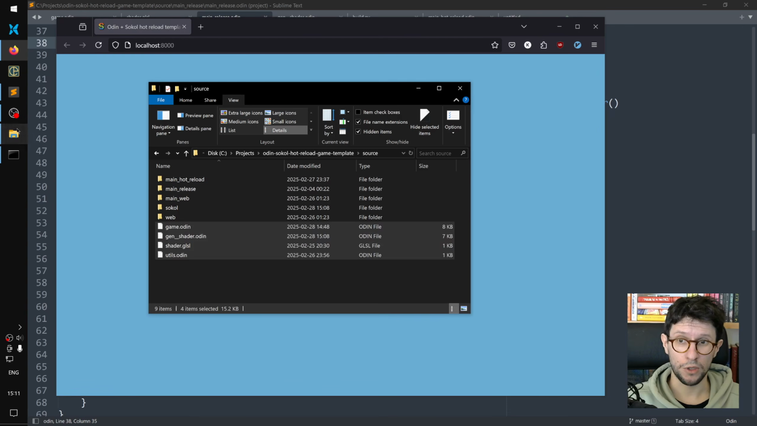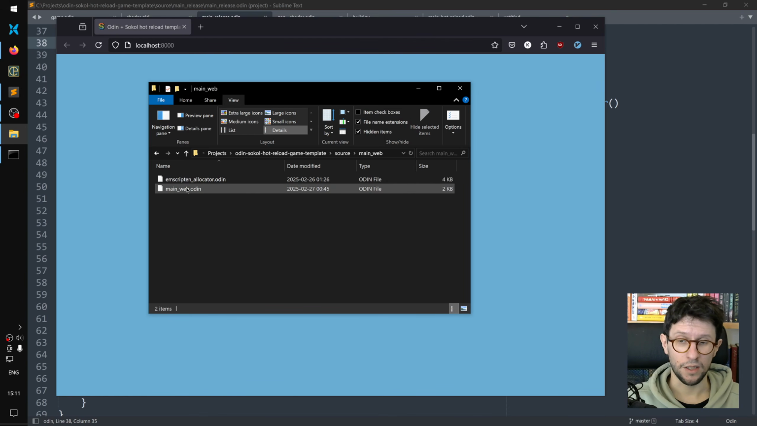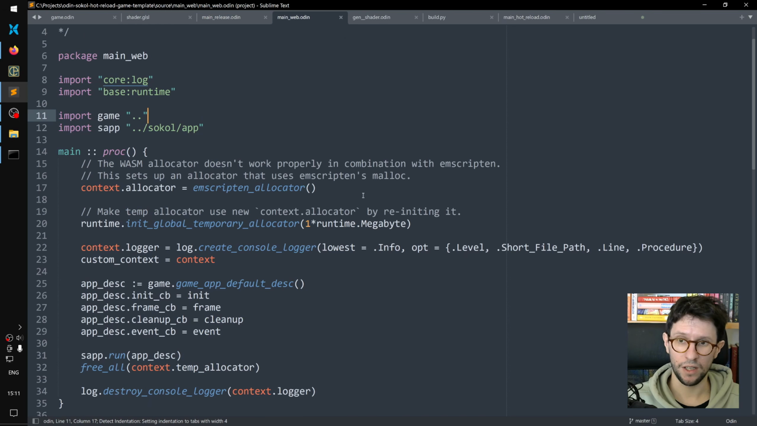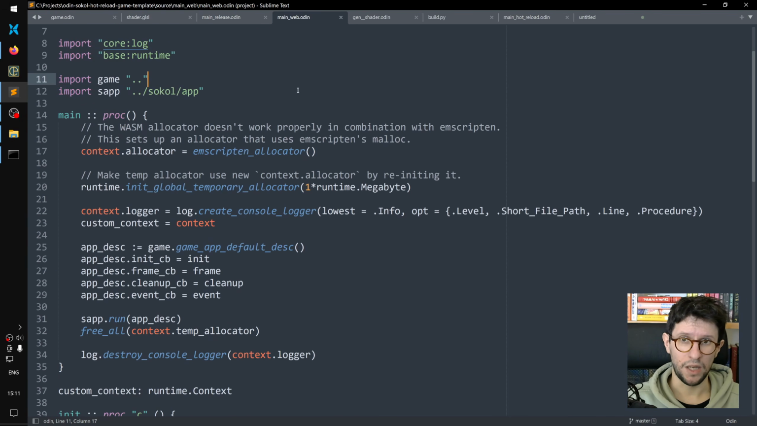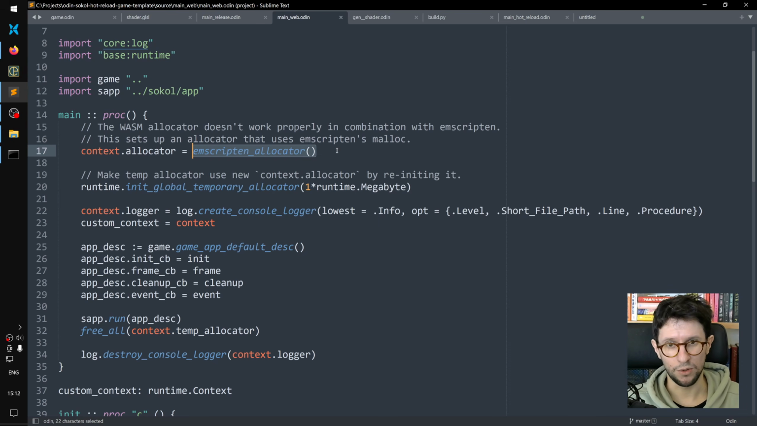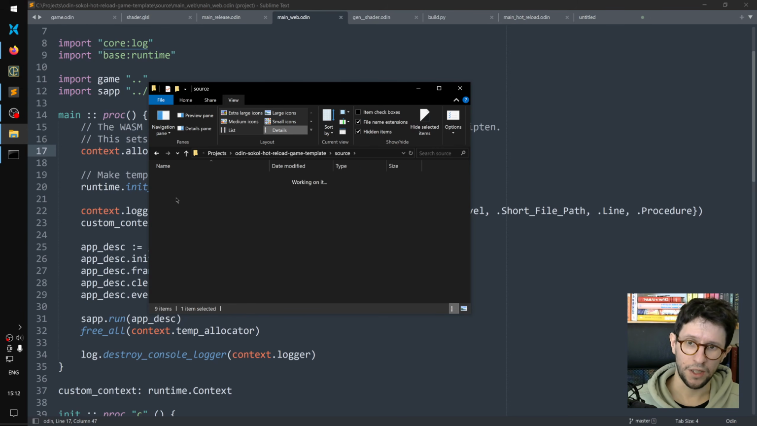And then we can finish off here by just looking at what the web version actually does. So there is a main web file here. There's a main_web.odin file here, and it looks a bit similar to the main release file. Some stuff it does differently. It uses a different allocator, the emscripten allocator here, which is able to allocate memory in a way that emscripten exposes. But the important thing here is also that inside the web folder down here is some extra stuff for